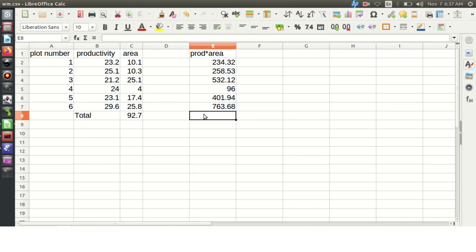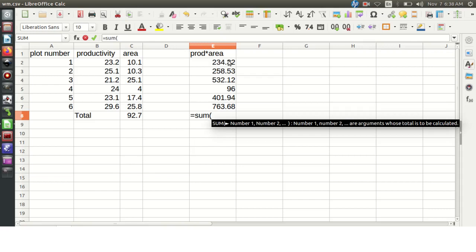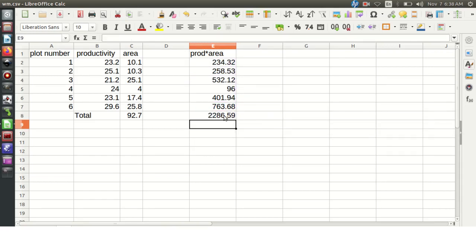Similarly, I will make it total of yield. So this product times area is basically the yield. So I will find out the total yield. I will write sum of all these. So this is the total yield and this is the total area. So the average productivity will be total yield divided by total area. So I will write weighted average equal to,